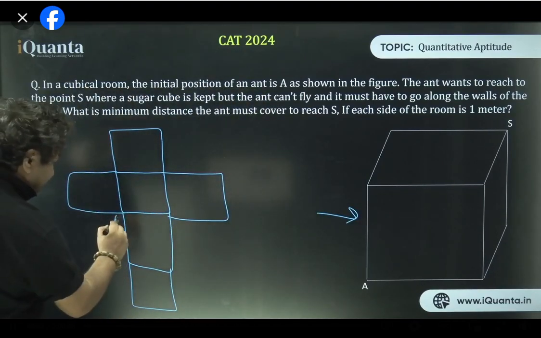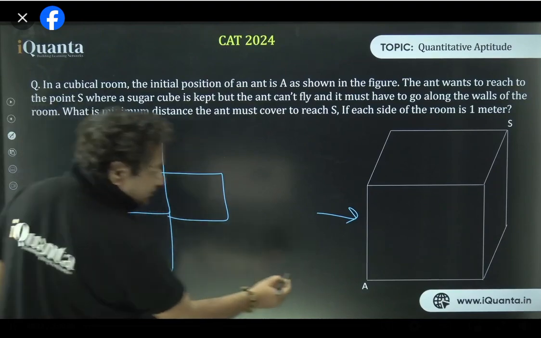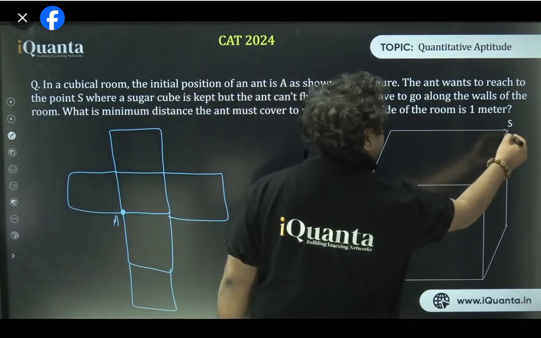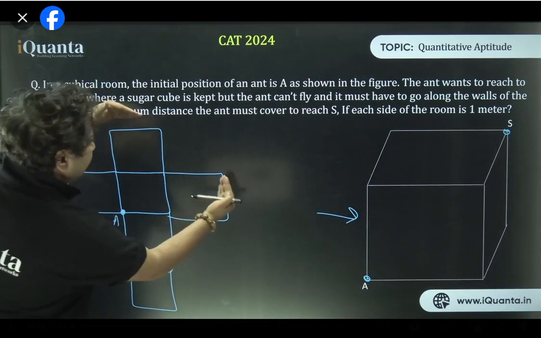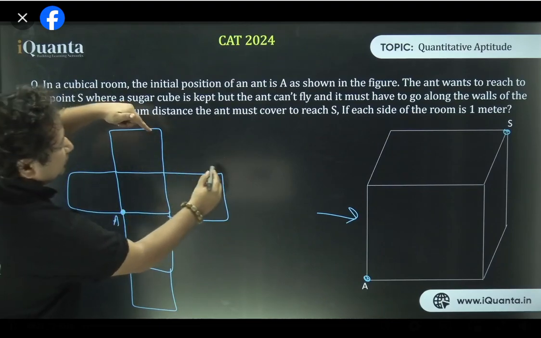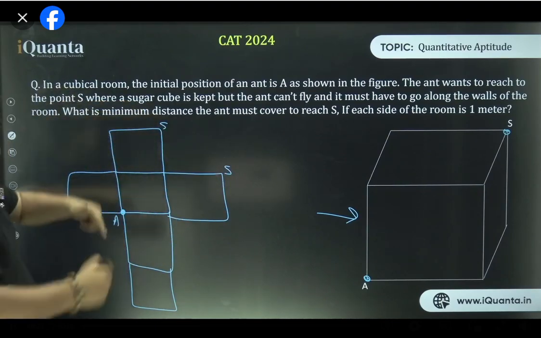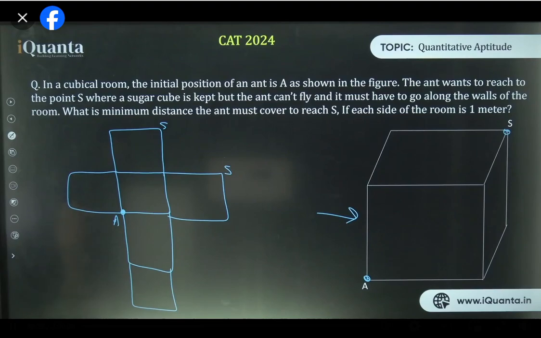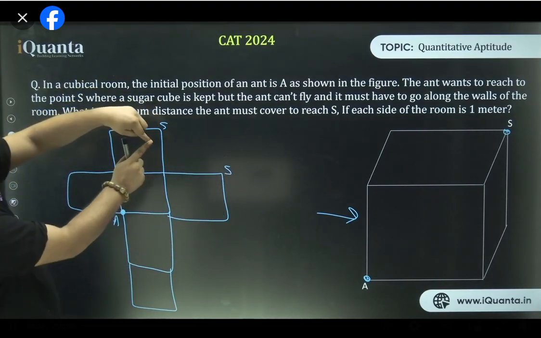So this point will be A where the ant is sitting. Yes or no? This is the floor. And ant has to reach this point. This point will be, if I fold it, these two join over here, that will be S point. So S will be formed by joining these two, isn't it? In 3 dimensions. मिठाई डिब्बा नहीं बनाया कोई बात नहीं. Cake, pastry. You must have done that. Is that right? Do you get it? Where is S? If I move it like this, S comes here, somewhere over here.